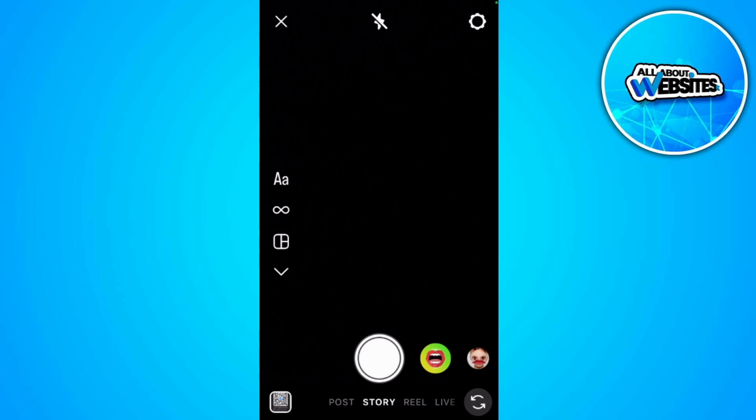So if you want to make your videos longer, you can just directly upload longer videos to Instagram, or you can just hold down the shutter button and make it longer than 15 seconds. So if you hold this down, as you can see, it takes a long time to reach full circle, and that is obviously longer than 15 seconds. And as you can see, you can also cut it here